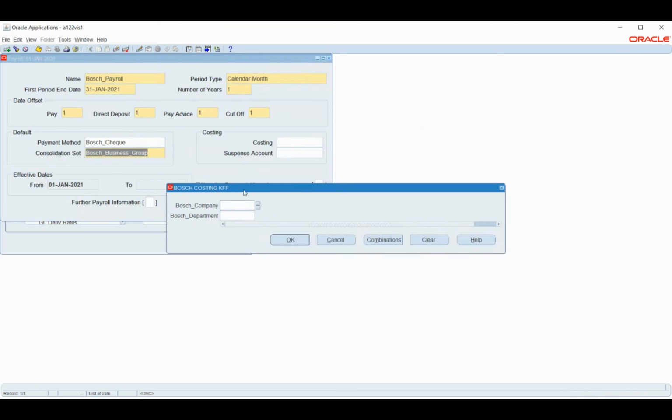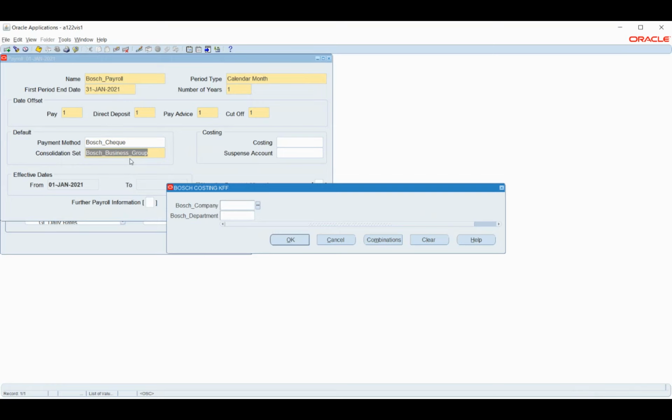Okay. So I'm not creating a custom consultation set this time. Since we had only these configurations, I'm taking the default one. So what the system will do is, when we create the business group, and after creating the business group, say I'm trying to configure payroll, the system will basically create your business group as the consultation set. But apart from that, if we want to have a custom consultation set, we can very well create it.